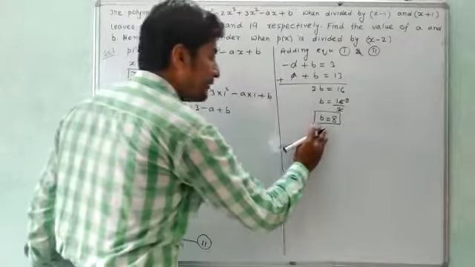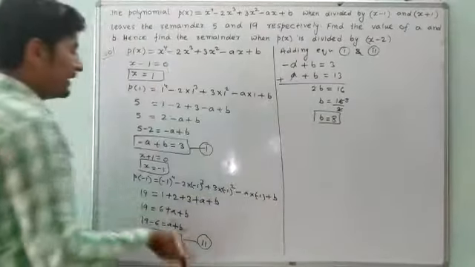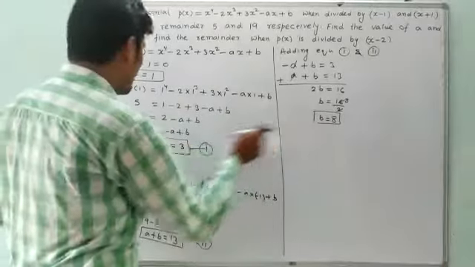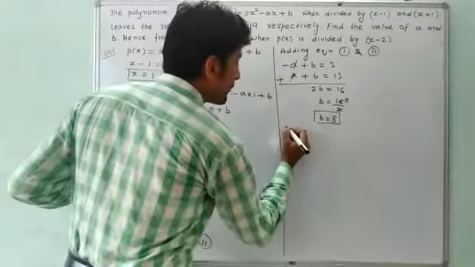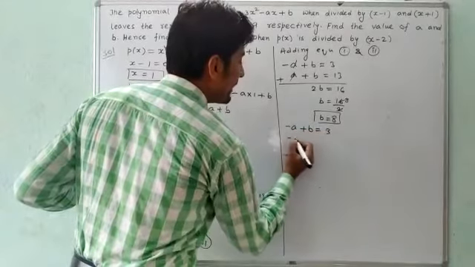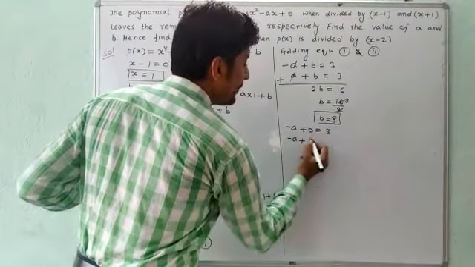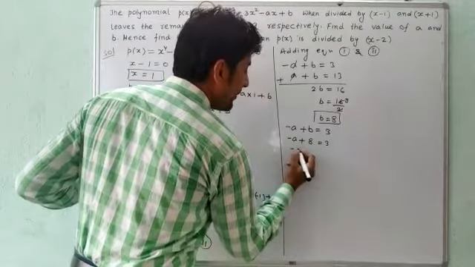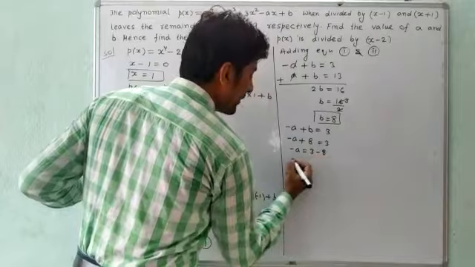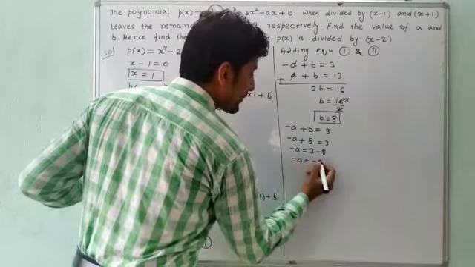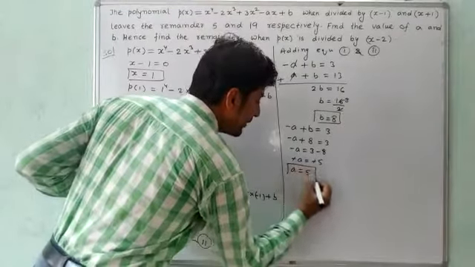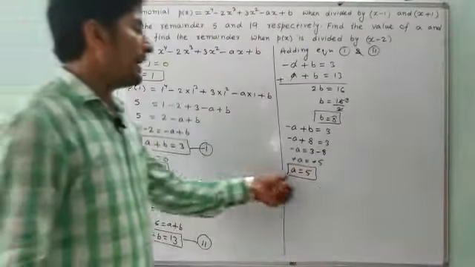Now after getting the value of b, we can put this value in either equation 1 or in equation 2. So we are going to put this value of b in equation 1. In equation 1 it is given minus a plus b equals to 3. Minus a will be as it is. On the place of b we can write 8 equals to 3. Minus a equal to 3 minus 8. Minus a will be equals to minus 5. Both the minus will cancel. Finally we are having a equals to 5. So we got both the values of a and b.